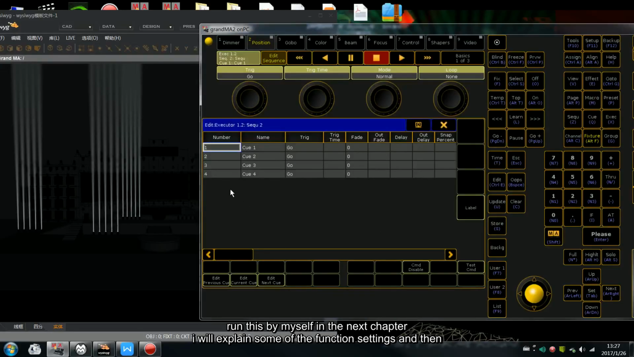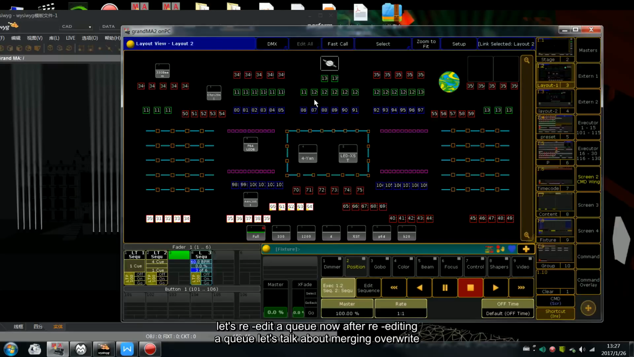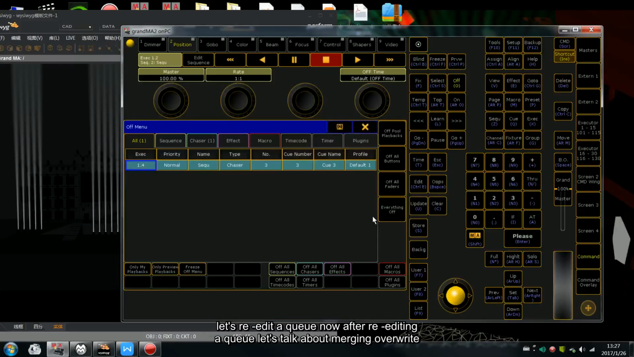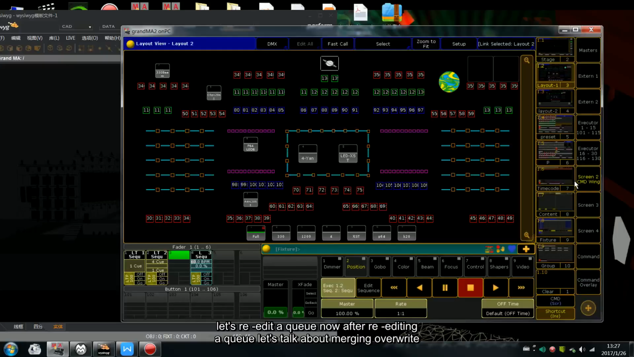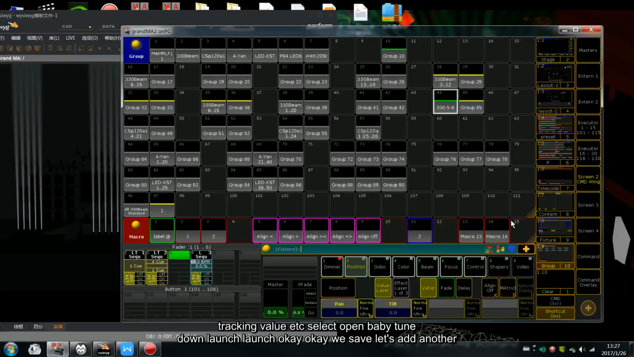In the next chapter, I will explain some of the function settings. And then let's re-edit a cue now. After re-editing a cue, let's talk about merging, overwrite, remove tracking value, etc. Select open, baby, tune down, launch, okay, we save. Let's add another color. After adding the color,